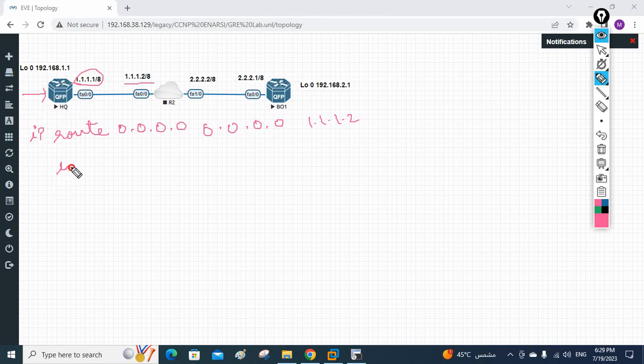You will write here interface tunnel. I will create tunnel 1, and then I will assign the IP address to the tunnel. So I will write IP address. I can write whatever IP. For example, I am planning to use this IP